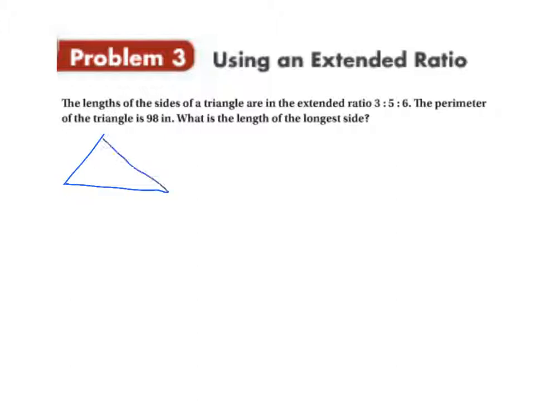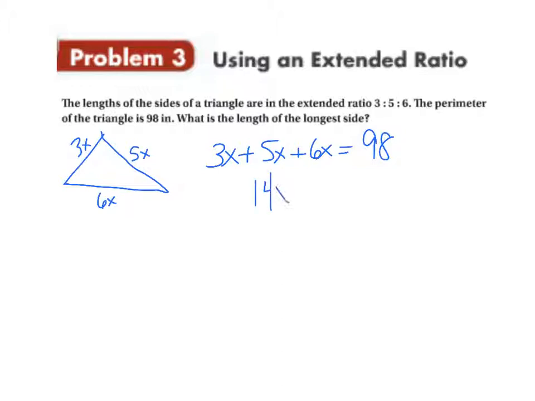So you've got a triangle here that's in a ratio of 3 to 5 to 6. But again, I can double them or triple them or take them times 10 or whatever. So I'm going to take them each times x. And I know the perimeter is supposed to be 98. Perimeter, I just add up the sides. So I'm going to go 3x plus 5x plus 6x. All needs to add up to 98. I'm going to end up with 14x equals 98. Divide by 14. X goes in there